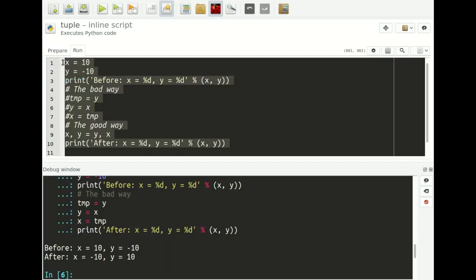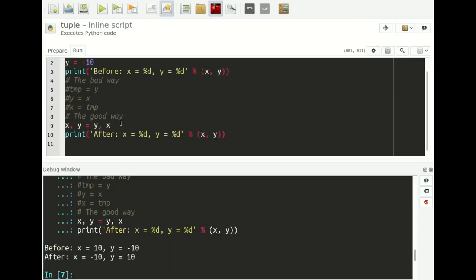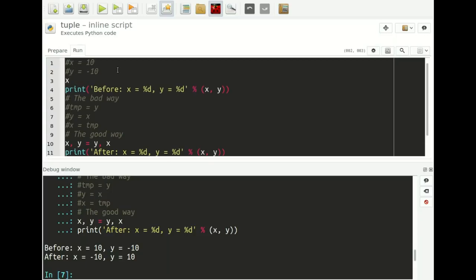Now, if I take this and I execute it, you see that it does exactly the same thing as the bad way. So x goes from 10 to being minus 10, and y goes from minus 10 to being 10. But it is better because it is only one line of code, and it is also, in my opinion, much easier to read. Now, you can do the same trick if you want here. So instead of saying x is 10 and y is minus 10, you can say